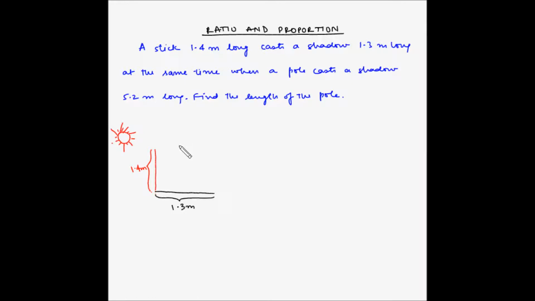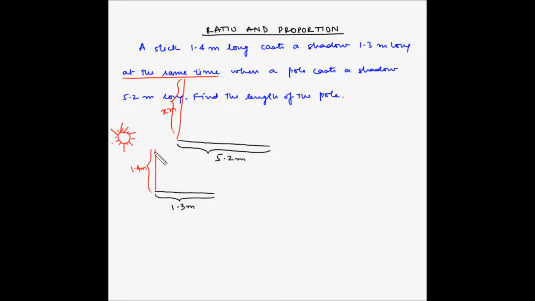Now at the same time there is a pole, and we don't know the length of the pole, but we know that the shadow is 5.2 meters long, and we need to find the length of the pole. So let's say this is the pole and the length is x meters. Now the key is that this is happening at the same time,